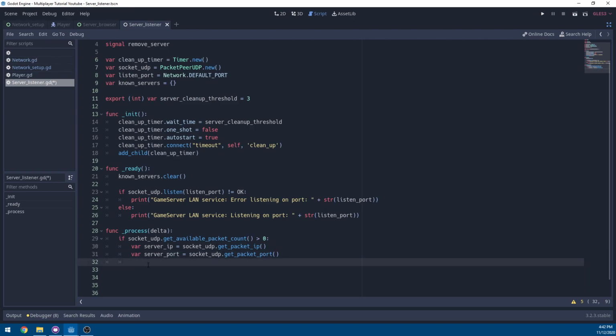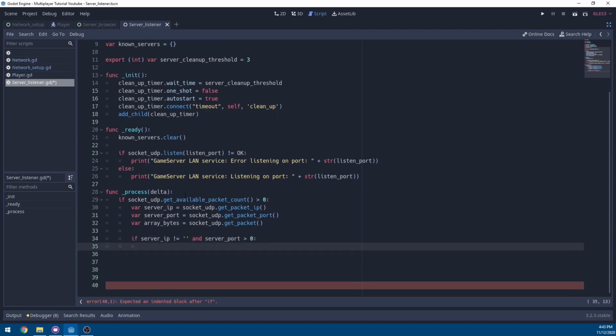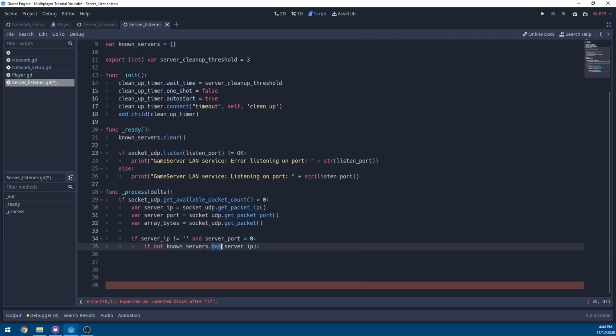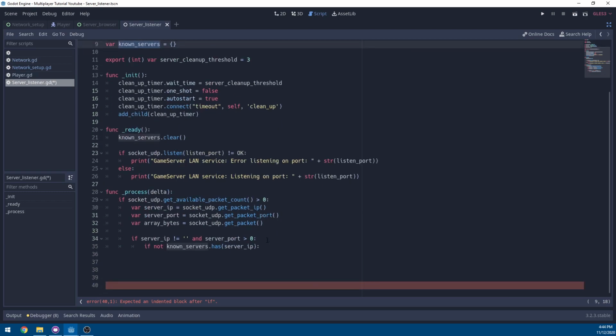And this is a low-level API. We're actually going to get a variable of all the bytes in the array, and we're going to get the packet of the UDP. We just want to double check and make sure the server IP is not empty and the server port is greater than 0. And then we're going to check with our known servers. If known servers does not have this server IP, meaning that we don't know the server, it's a new server,